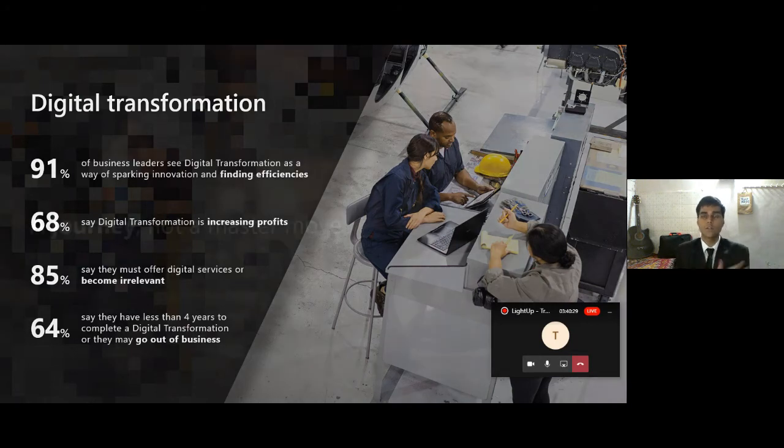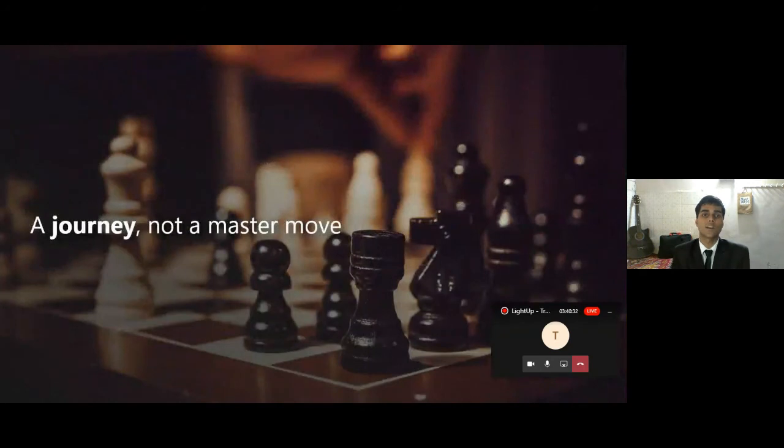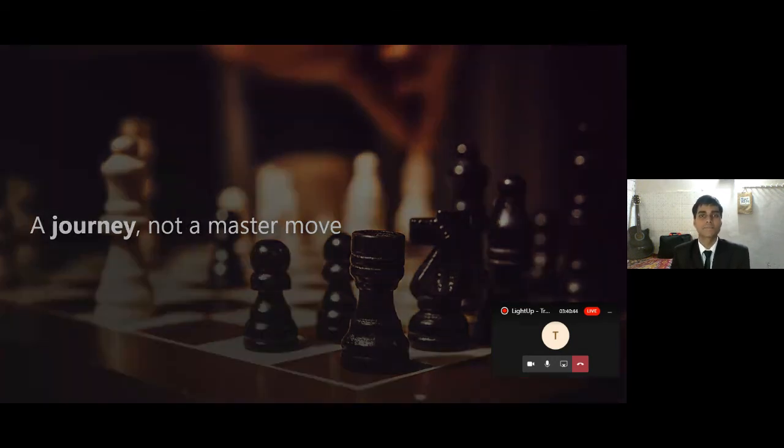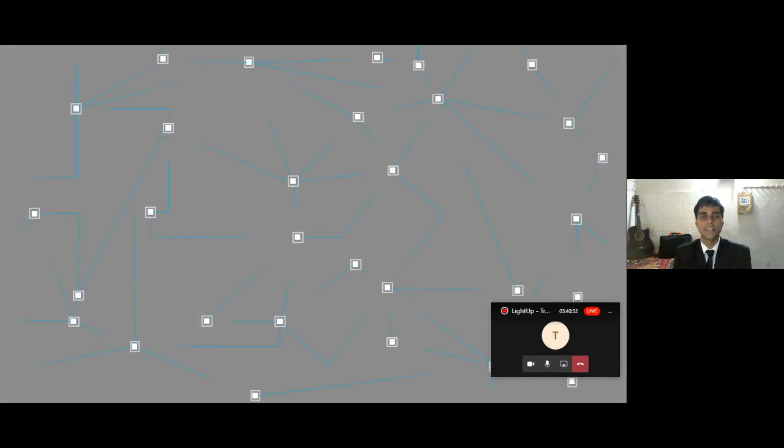So this is overall a digital journey, and it's not just a master move. It comprises multiple moves that are being focused in some direction of advancing technology and creating digital transformations. Just have a look at this. These are different data points, and those are being connected via cloud, various data points that are coming together in unison. This is a web which has been created. This is a small part, but if we go broadly, it would look like an interconnected